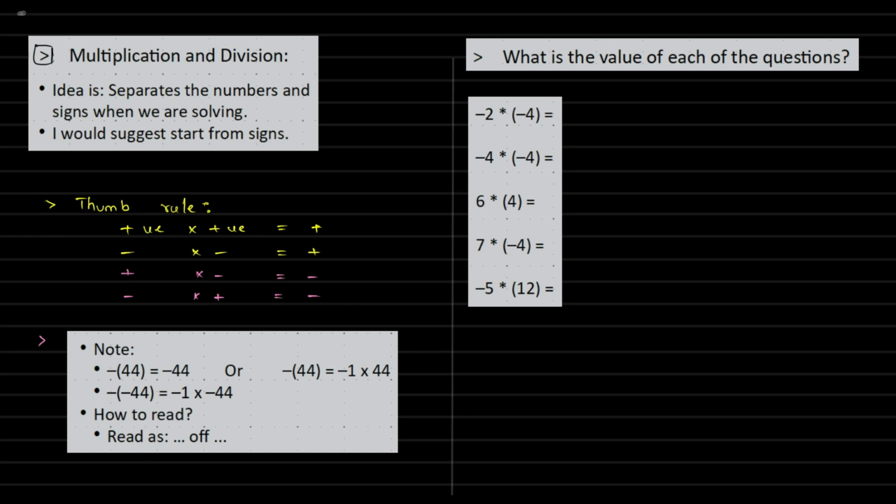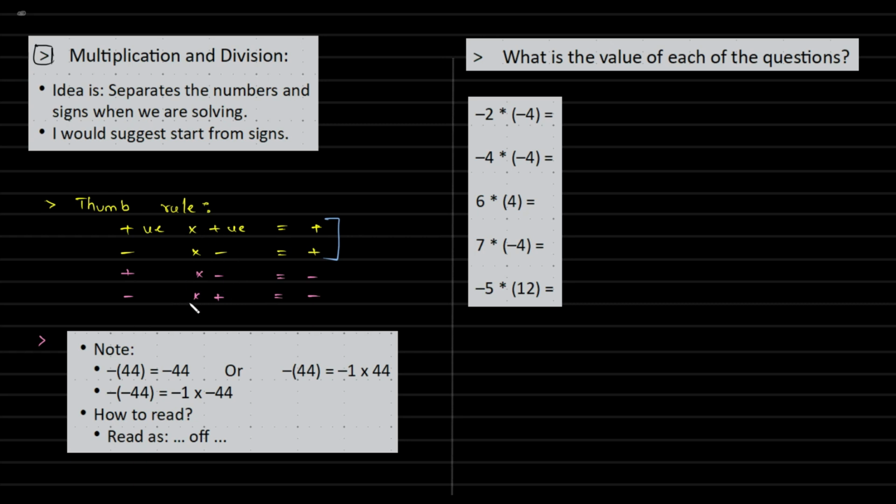What books tell in a few places is this trick: if you see the same sign being multiplied, you'll get positive. If you see numbers with different signs being multiplied or divided,